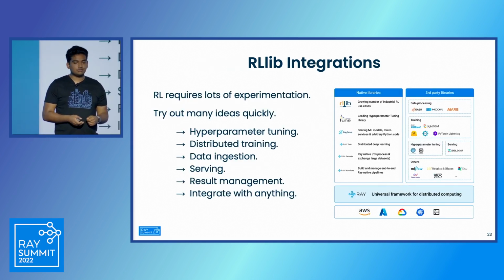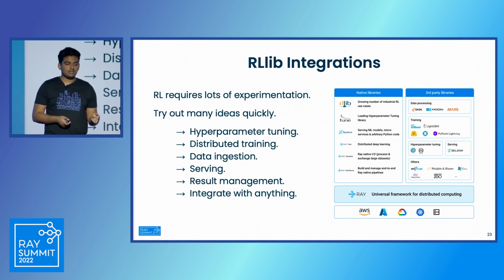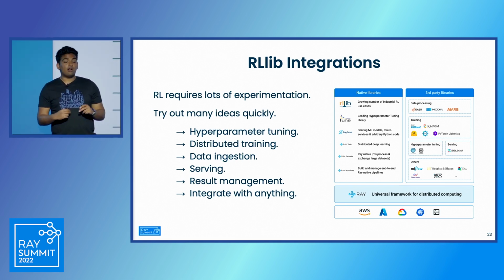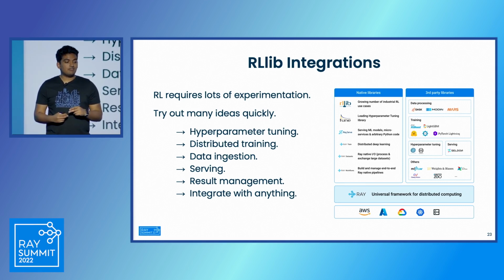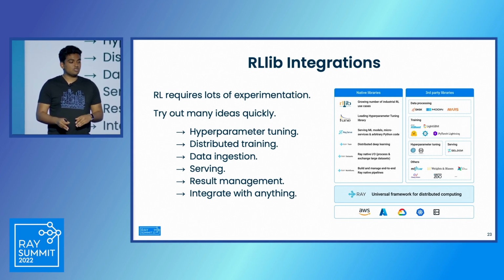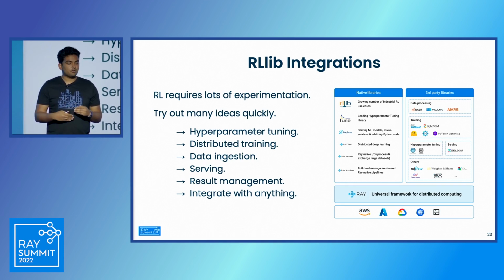And then finally, going back to what I was saying before about ideas are easy and execution is everything, really when you're going to do real-world reinforcement learning, the likelihood is that you're going to have to try out many different ideas. And so RLlib integrates very well with the existing Ray libraries. It's very easy to do distributed hyperparameter tuning, very easy to do distributed training if your models require data ingestion that doesn't fit onto a single GPU, distributed data ingestion for people who have data sets that aren't going to be able to fit on one machine in memory. I just showed you serving. And then also via Ray Tune, we provide very easy methods for doing result management.